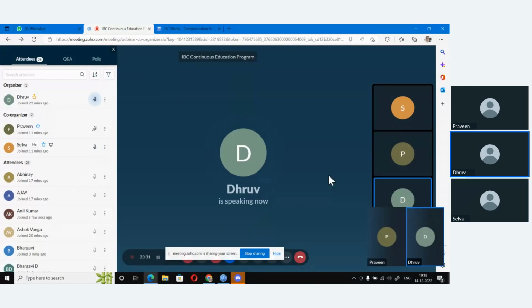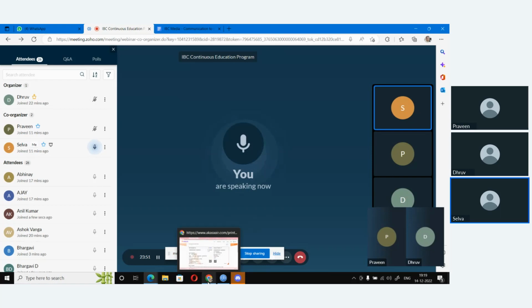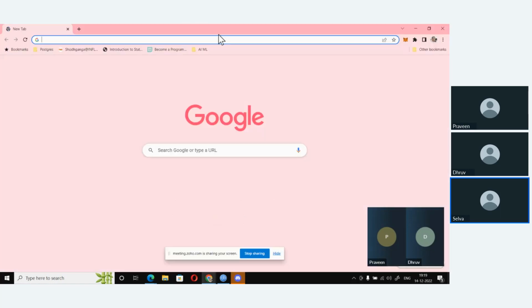Yes, we can see. Okay. So, ladies and gentlemen, a couple of things. I believe all of you have your development environment set up, the Rust development environment. So the first few sessions are going to be purely focused on Rust. And in case you do not have it installed, there are a couple of things you have to do. So I'm just going to give a very fast walkthrough.